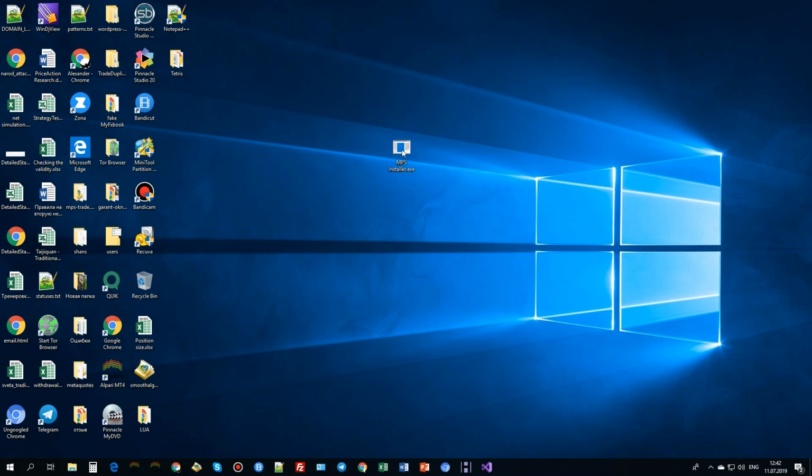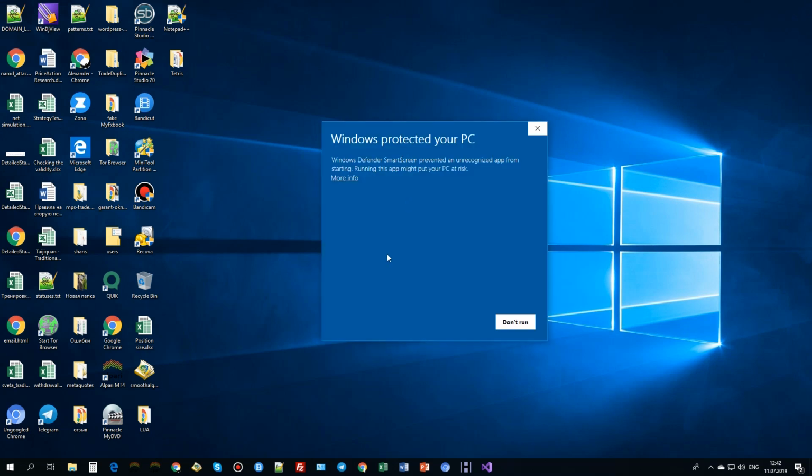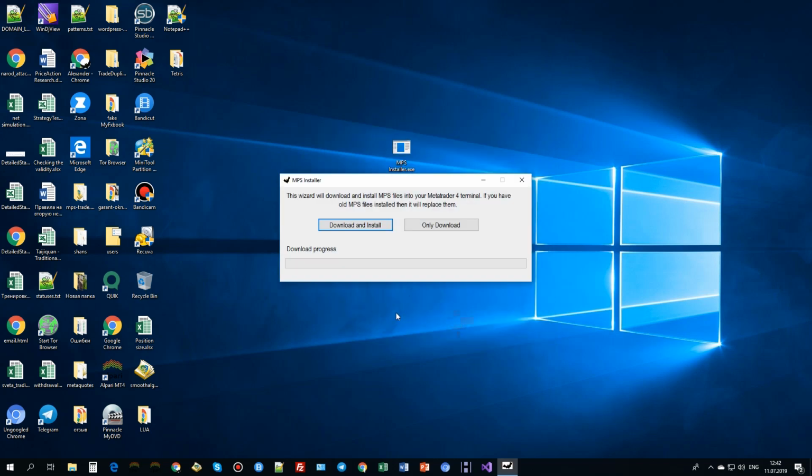Double click to open. If you run it for the first time, Windows Defender SmartScreen may prevent it from running. Just click here, more info, and press run anyway button. So you have this pop-up window that tells you that this wizard will download and install MPS files into a MetaTrader 4 terminal folder, and if you have old files already installed, then it will replace them. So if you want to keep your old files, make sure that you back them up first